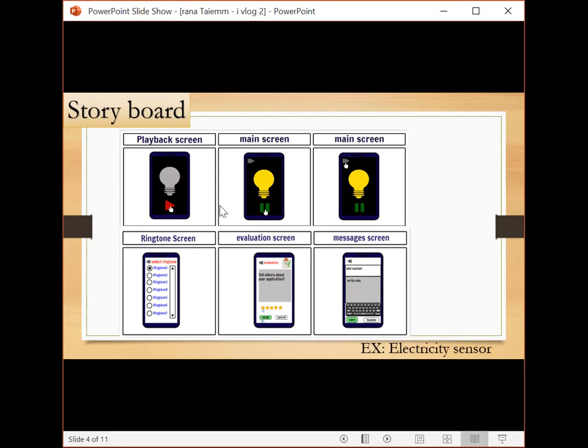In the playback screen, a user can press to activate the electrical alarm. In the main screen, in this button, he can press to cancel the activation of the alarm. Here in this button, he can click to go to setting. In the ringtone screen, he can select the tone that he wants or she wants to make when the power comes. In the evaluation screen,